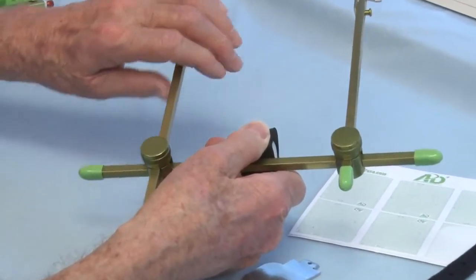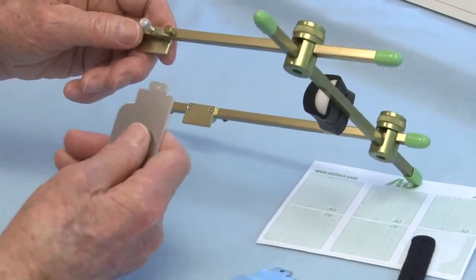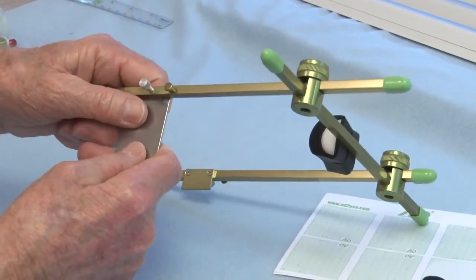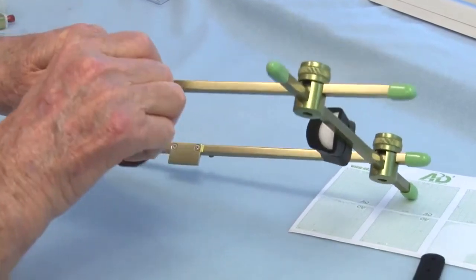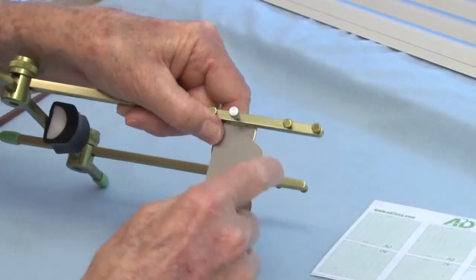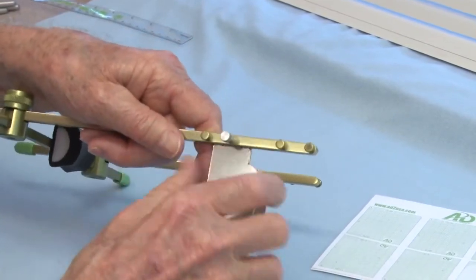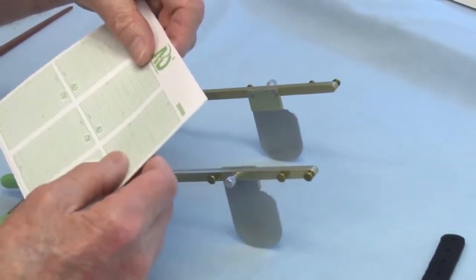And we first will assemble the flag assembly, and these flag holders slip into the slot here and tighten. Make sure that it's good and tight. The curved portion of the flag assembly goes to the back. Get it good and tight. And now you'll place a flag